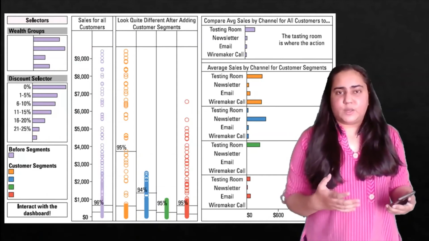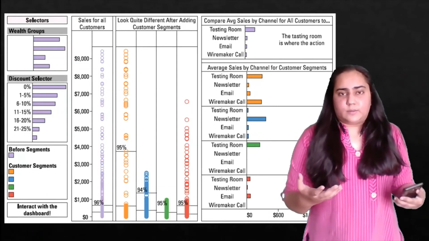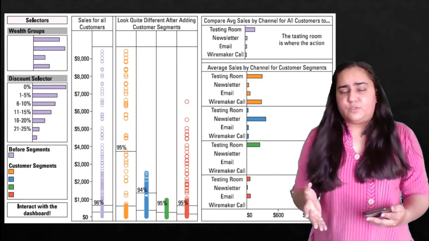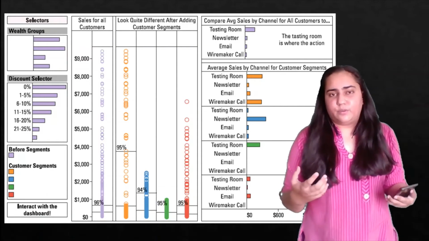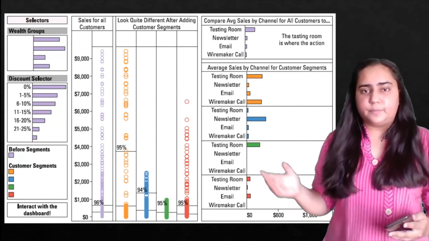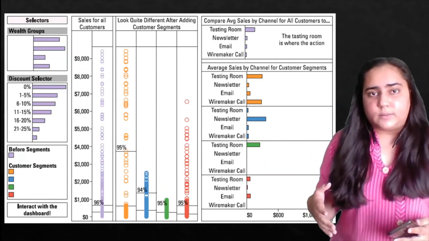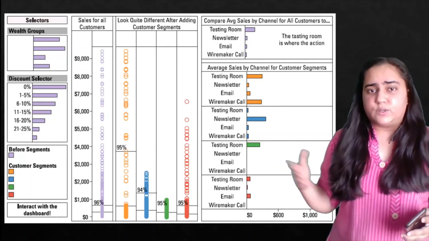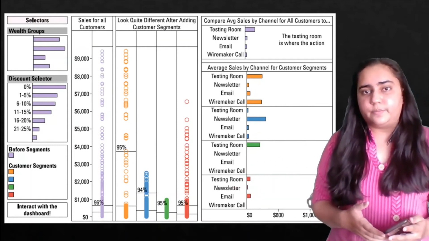For example, some people might be interested in cooking, and some people might be interested in sports. So divide your customers and then provide advertisements to them based on these segments. So you can see how, when we created segments,